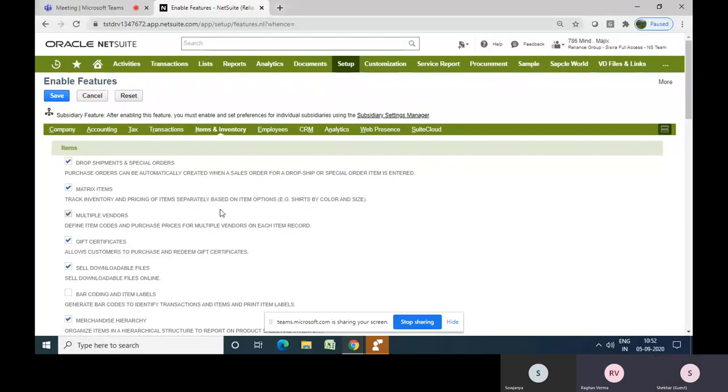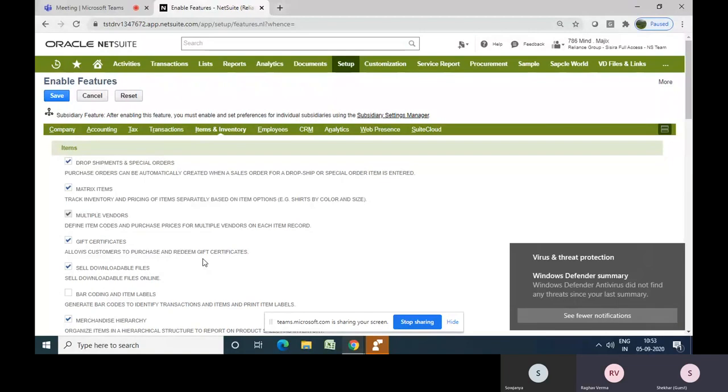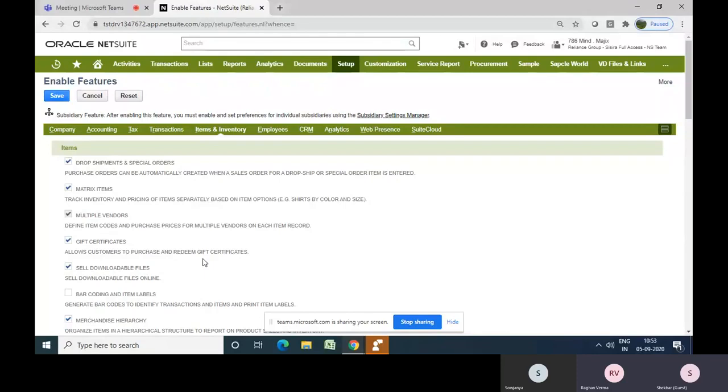Matrix we enabled, but matrix is part of a current item that we'll be using. For example, it's an inventory item. Matrix is not a different item; it is with respect to an item. For that inventory item, I will be able to define the matrix as well. If I have an assembly item, I will be able to use the matrix with it as well. If I have a finished good, I'll be able to manage the matrix with that as well. You got it?